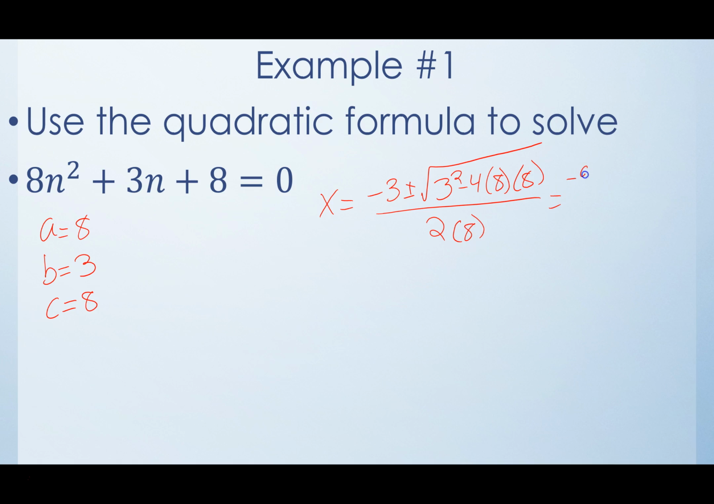Alright, so this becomes negative 3. I don't know why I wrote 9 there. So it's negative 3 plus or minus the square root of, there's our 9, and then 4 times 8 is going to give us 32 times 8, which is 256. So minus 256 over 16. Alright, so negative 3 plus or minus. So if we do 9 minus 256, we get negative 247 over 16. So the negative is going to tell us we're obviously going to have an imaginary number in there,